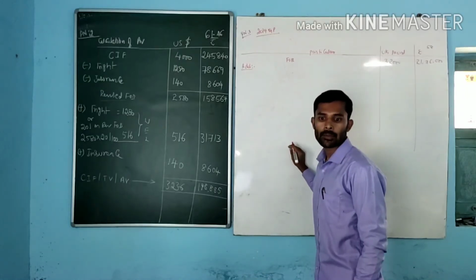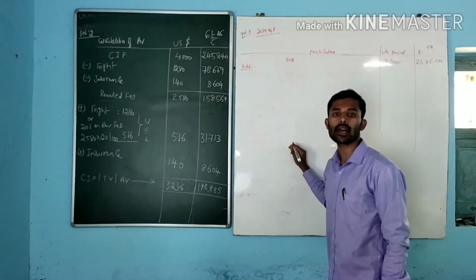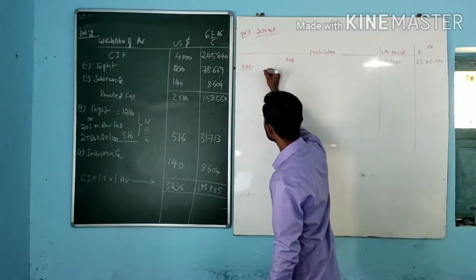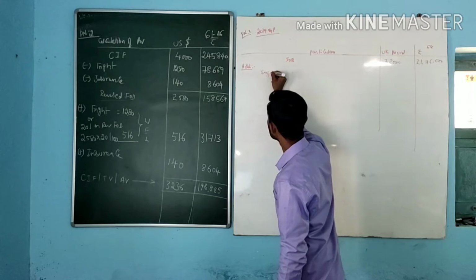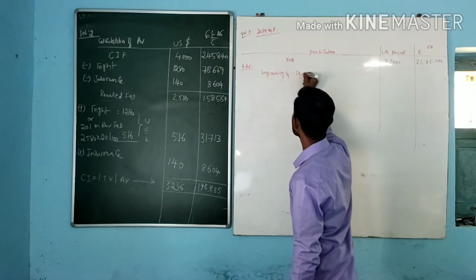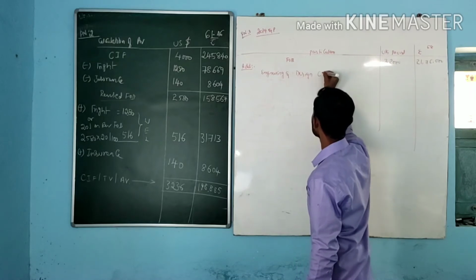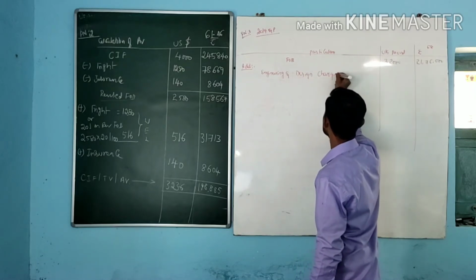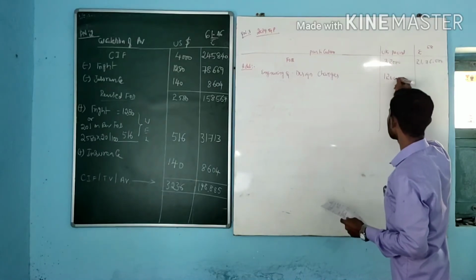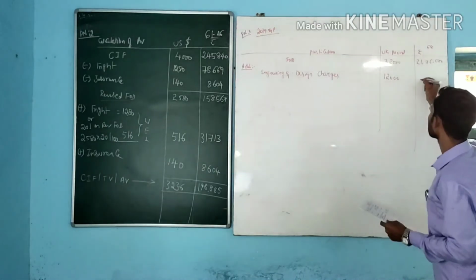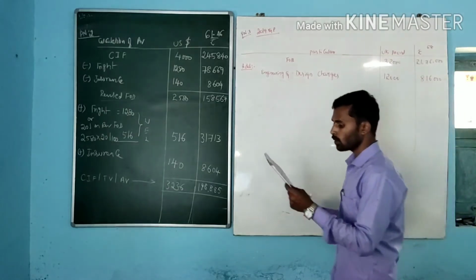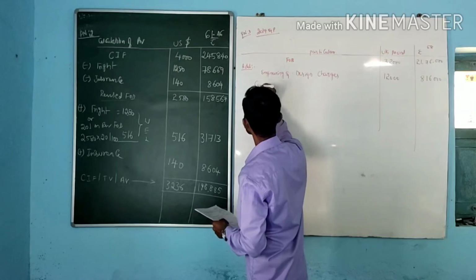Next, add to this the engineering and designing charges. Engineering and design charges paid in UK, that amount is 12,000 UK pound. When it is converted to Indian rupees, 8,16,000. Next, commission